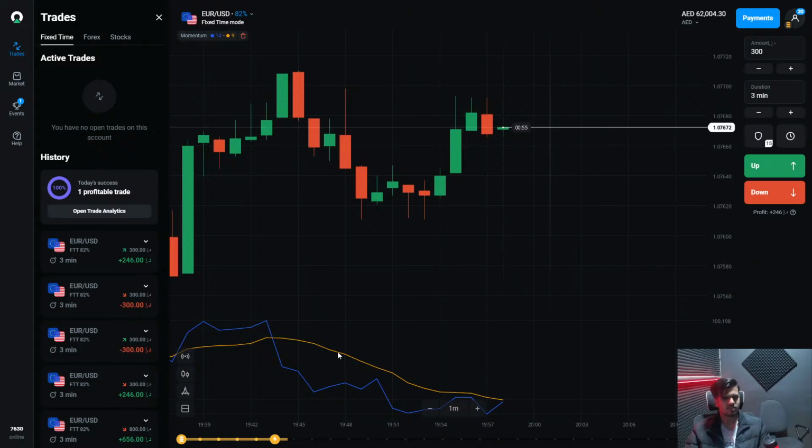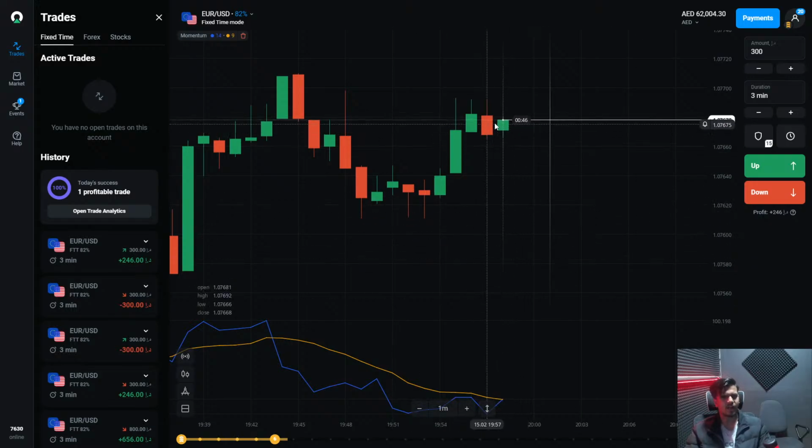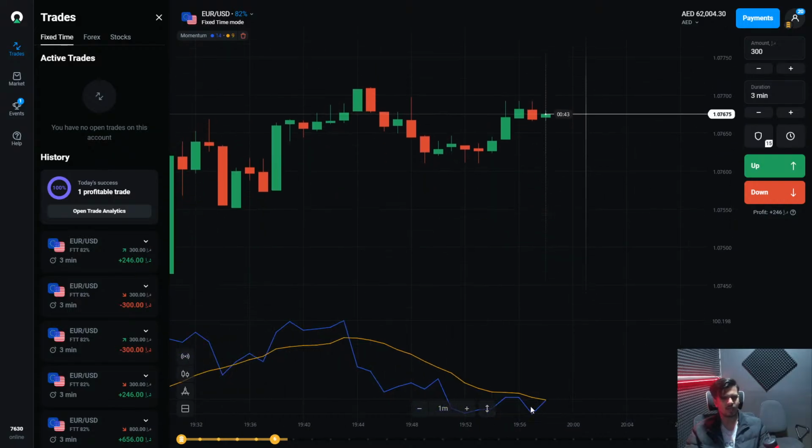Now this yellow line is nearly exactly at this 100 line. You can see guys, when it came to the 100 it changed direction a little bit. It is still trying to move upward because the blue line is in the upward direction. So let's decide a little bit, and after that we will make the new trade.